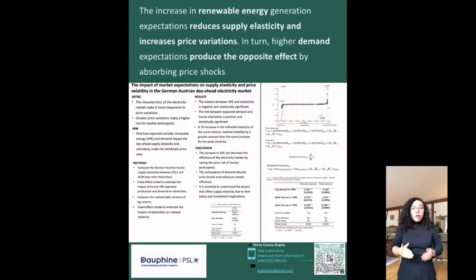The main finding of this poster is to show that an increase in the expectations of renewable energy generation reduces supply elasticity and increases price variations. Conversely, an increase in demand expectations increases supply elasticity and decreases price variations. While doing this, the expected demand contains potential shocks in prices, while renewable accelerates those potential shocks through a change